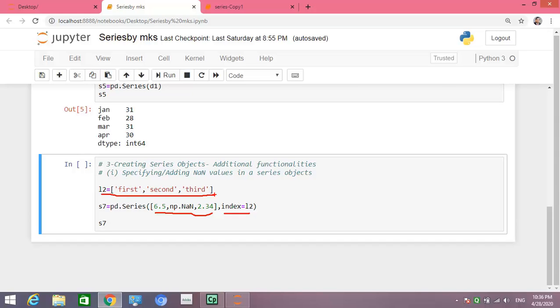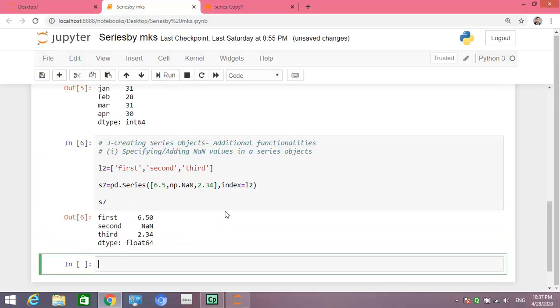So what will it do? It will create an index for 3 values, that is first, second, third, and it will give 3 data values. In that, one will be nan. So let us run and see the output of this.